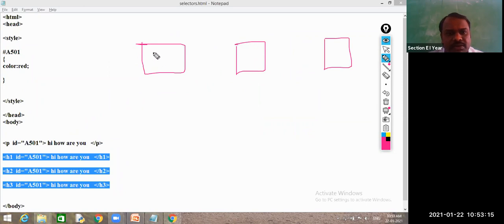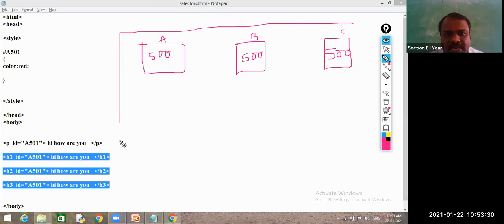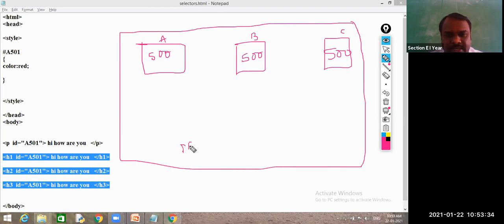Okay, so every student has a roll number; this room has 500, this room has 500 elements, belonging to A section, B section and C section, and all of these belong to SR University. And here the principal is standing and asks your faculties to call the student with roll number 500.